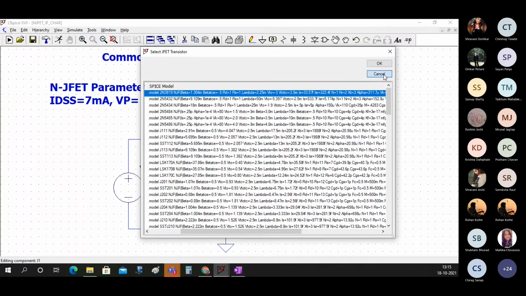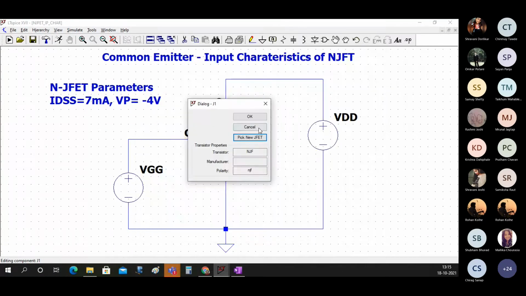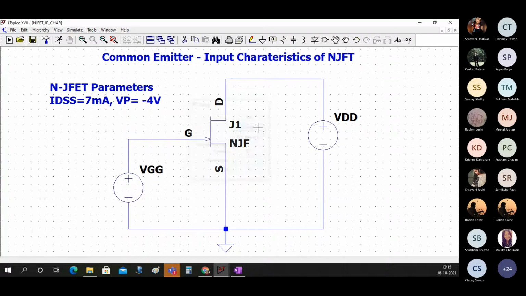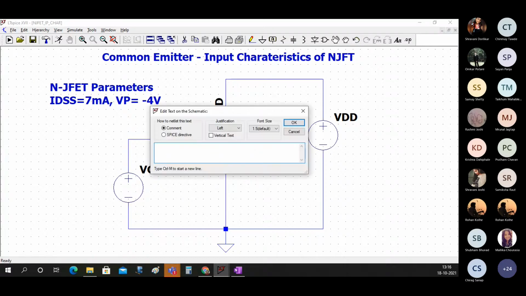VTO was there, that is a threshold voltage which is similar to the pinch off voltage. So what we can actually do is we can give the value of beta, but the question is we have IDSS and VP. So what is the value of beta?